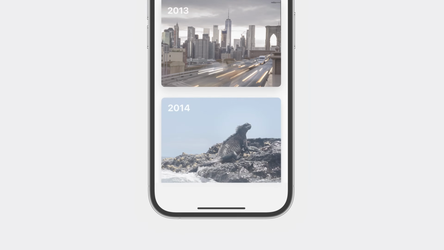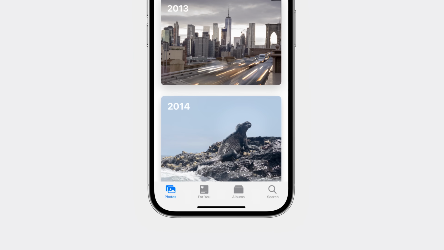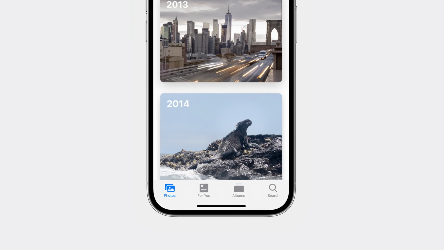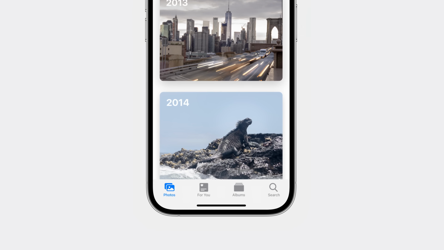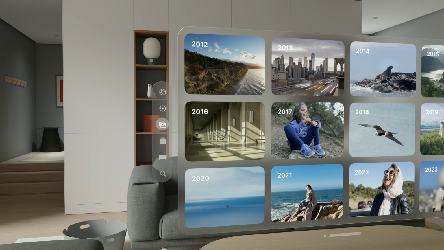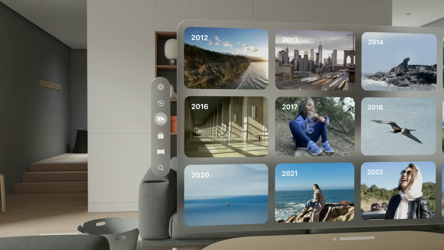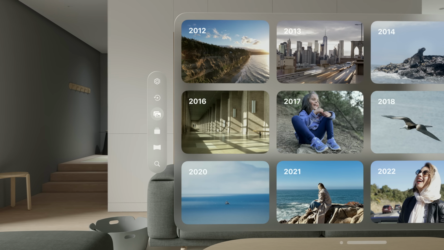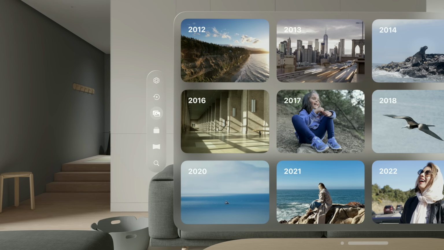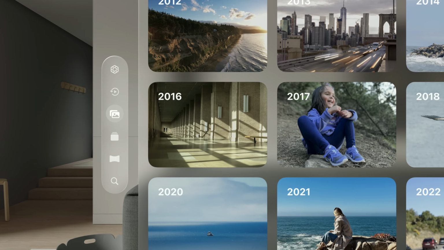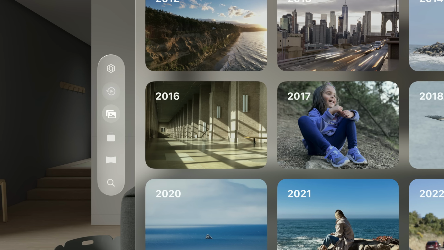On iPhone, at the bottom of the window, laid out horizontally, you have a tab bar controller for your main navigation, giving people quick access to the top-level sections of your app with just a single tap. Here, the tab bar is vertical, floating in a fixed position on the left side of the window. Designed to be out of the way and easy to access, it's there where you need it, allowing people to see where they are in your app without taking away from your main content. In general, you want to keep those feeling light, so avoid having more than 6 items.